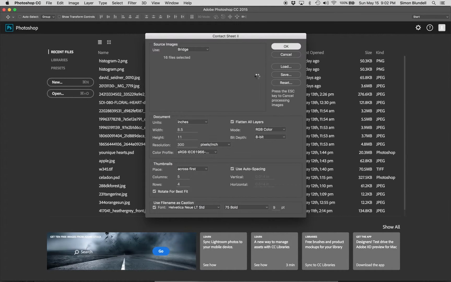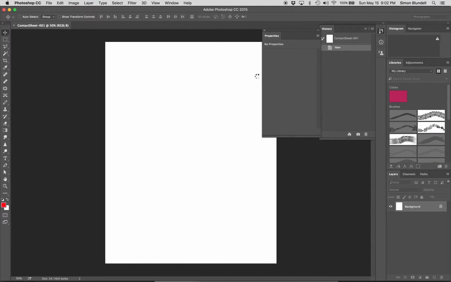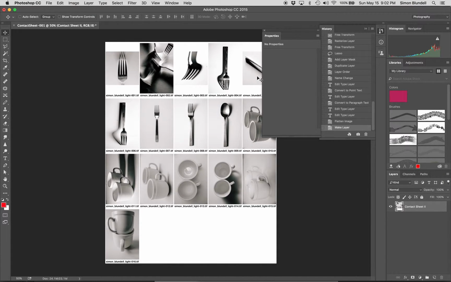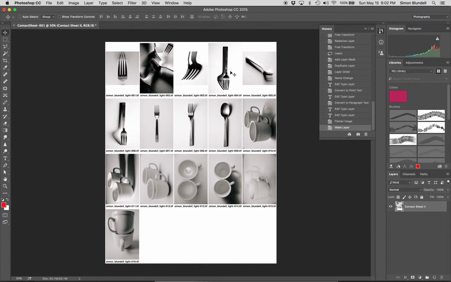As you hit OK, Photoshop does its magic. And you can see it will take a little bit to process these. And depending on the file size of your images and how many you have, it might take more time. But it'll automatically create those. So you can see we have a row of 5 across and 4 down, you can see